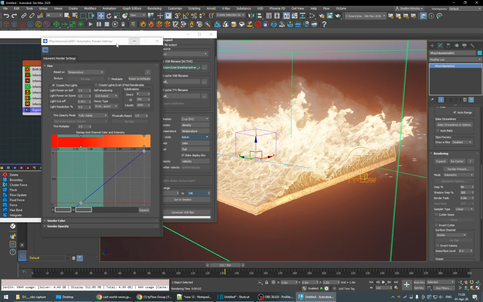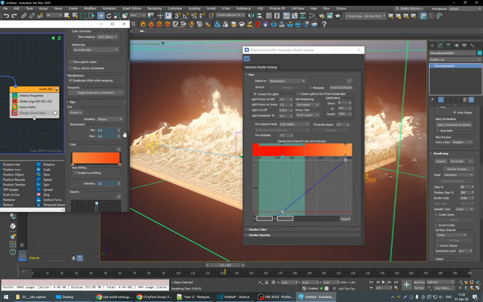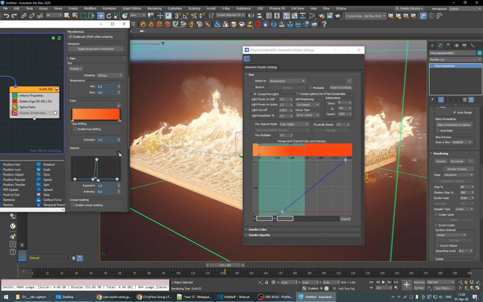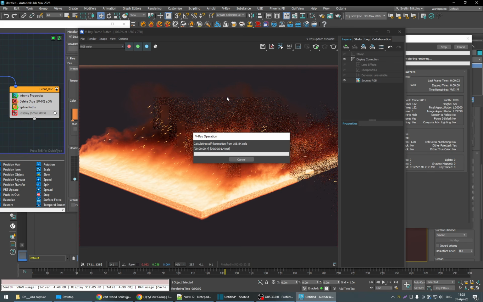And the first thing that I'm gonna do, I'm gonna go into the Inferno Display, and I'm gonna copy the color gradient, although it's not that different. But yeah, it's kind of inverse. So the colder temperature, the lower temperature, is gonna be brighter, and the hotter flames are gonna be a bit more reddish. And then paste this entire diagram right here. So if I render this,